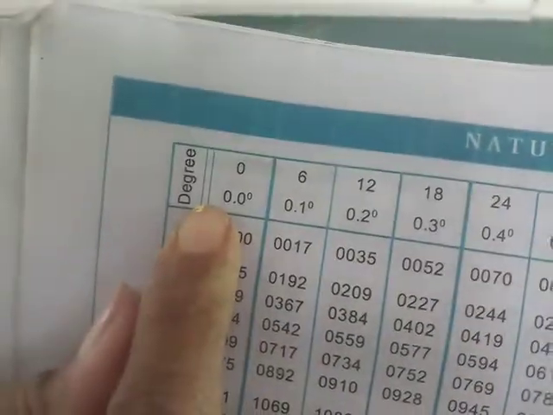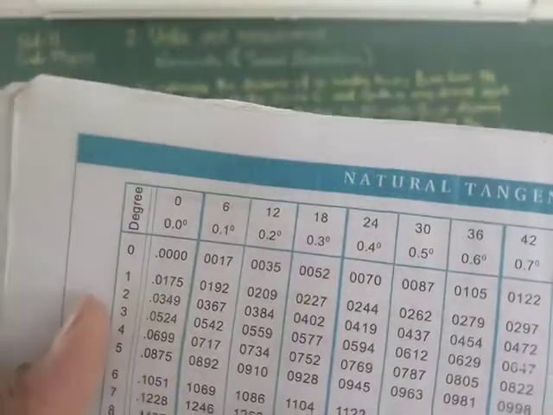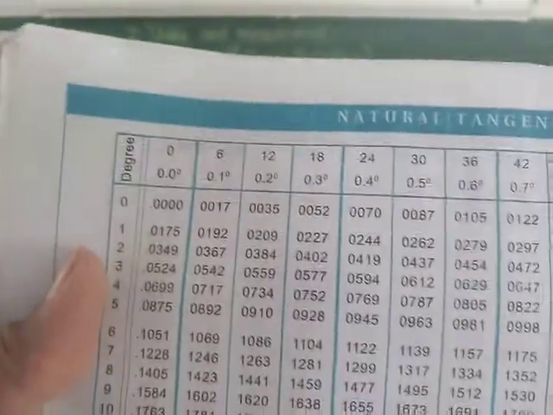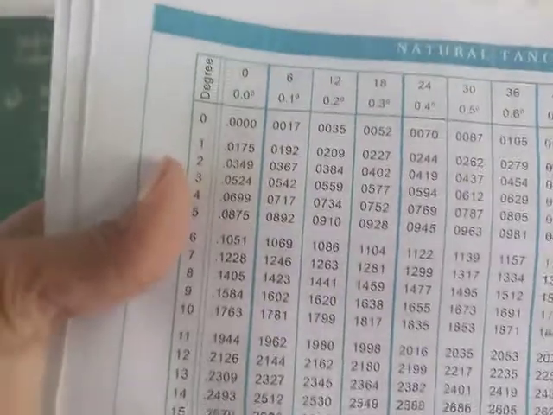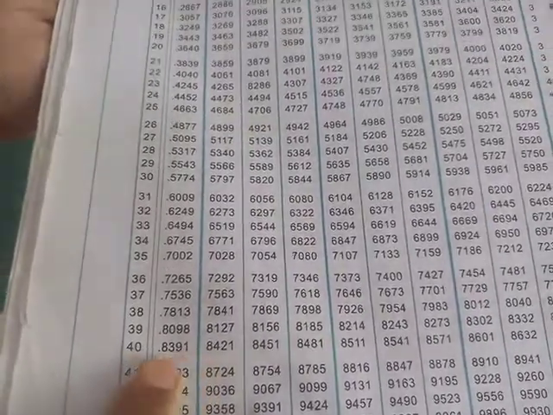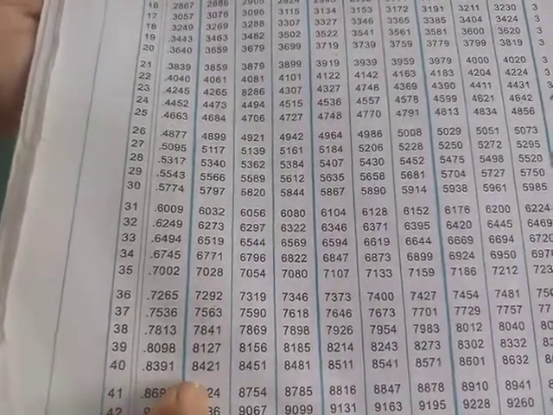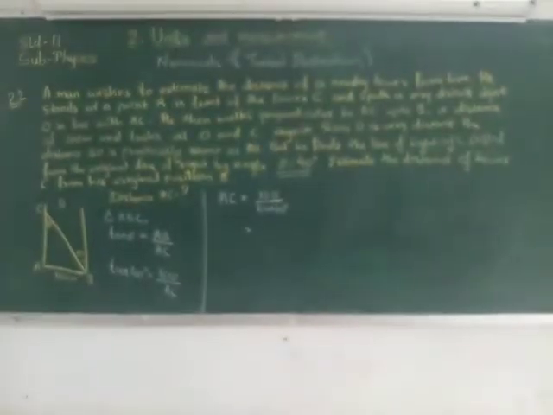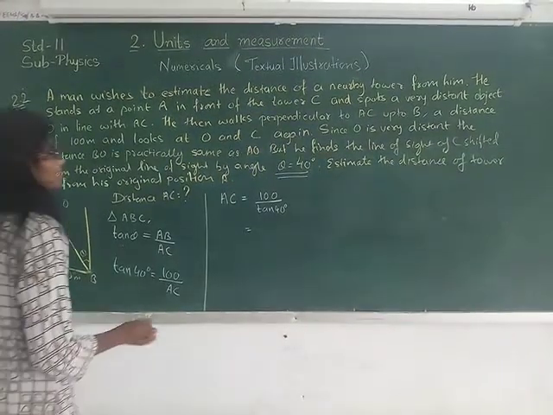See, here it is 0.0 degree. That means here we are not given 40.1 degree or 40.2 degree. It is simply 40 degree. So we need to find the 40 degree, 40.0 degree. So 40 degree, in that we are having 0.8391. So the value of tan 40 degree is